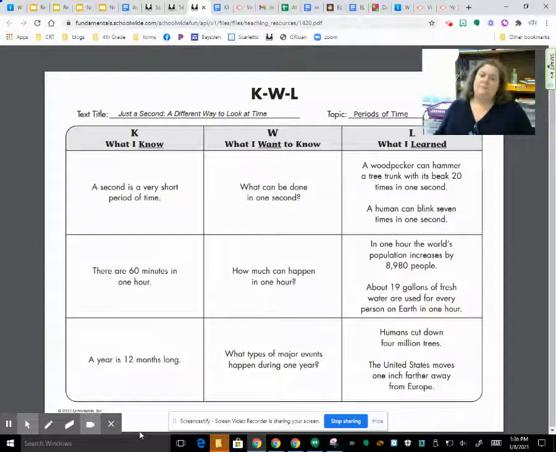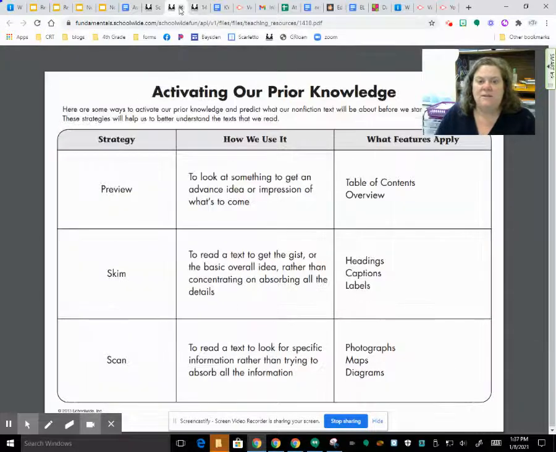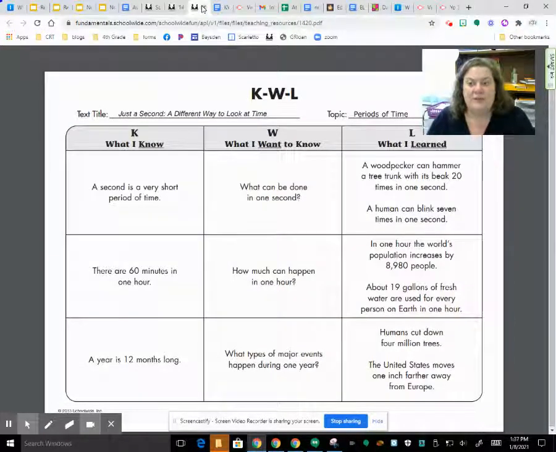All right, so to help me help you, I need to make sure that you understood the lesson today. In the private comments, I want you to tell me what you learned about activating your prior knowledge. What did you learn today about activating your prior knowledge? I want to hear some things that you learned from this chart right here. And this will be in your assignment, and it's also in the slides.